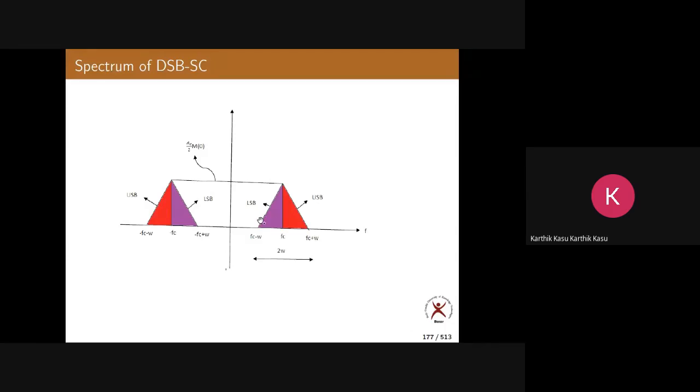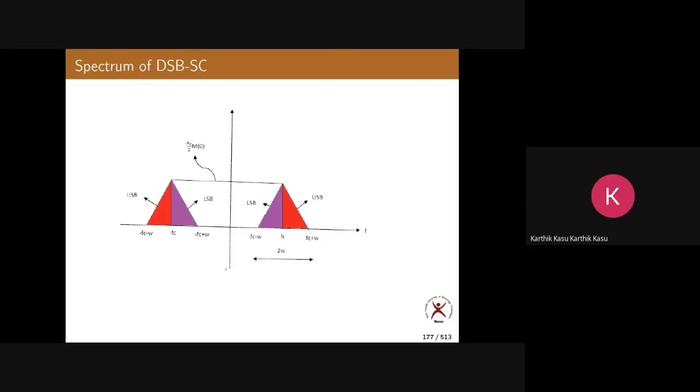So this is the spectrum. I have taken the same spectrum of AM. The only difference is I have removed the carrier term at fc and at minus fc, and there is no Ka term also. Ac/2 M(0) is the amplitude of these two triangles. So this is the spectrum of DSBSC, without carrier. Now what about bandwidth? It remains the same. Bandwidth is not changing.